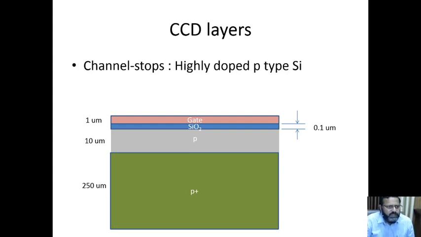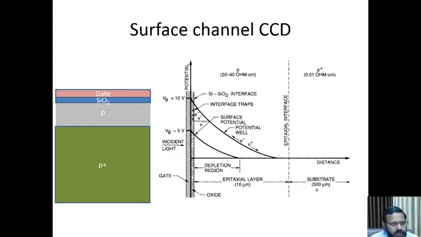It's a surface channel CCD detector where there is a P plus substrate, and there is an active P region on which there is a silicon dioxide insulator. So the gate is used for creating the depletion region. The gate is positively biased so that the holes are repelled from the P region and a depletion region is formed. Vg is the gate voltage. So a potential well is developed close to the surface, and it drops along the substrate of the CCD.